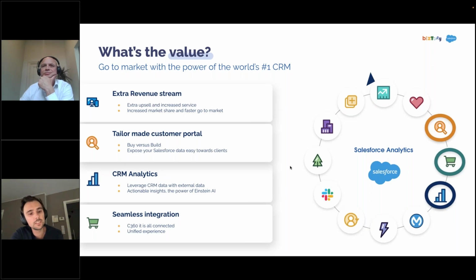So what we also have seen is, of course, on the homepage, the CRM Analytics dashboard, which is also, again, tailor-made to our customer. And we're really leveraging CRM data, but also external data. External data, why? Because in this case, most of the time, order information is coming from an ERP system. And we see with our clients, of course, that they are using external partners for that. But again, it's no issue for our analytics. We can combine the best of both worlds.